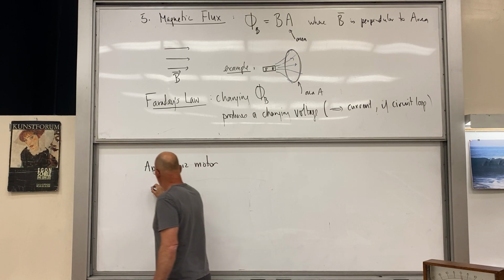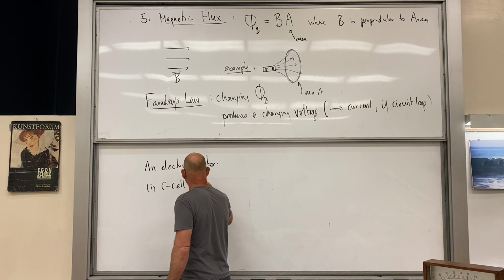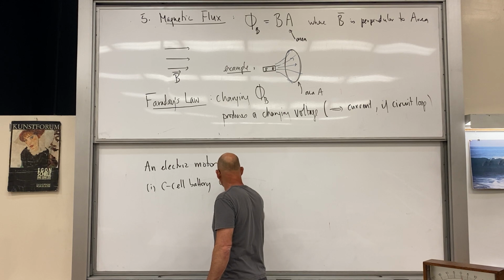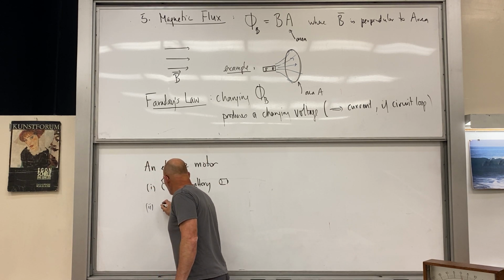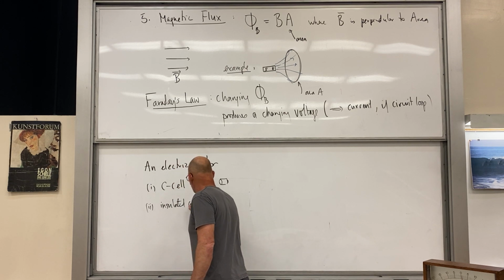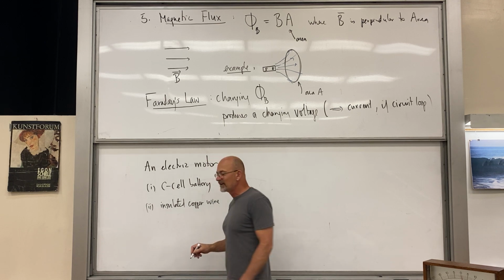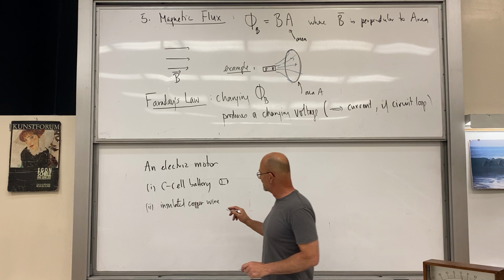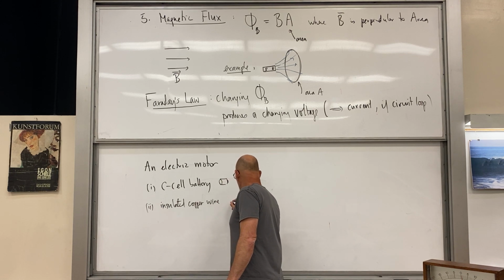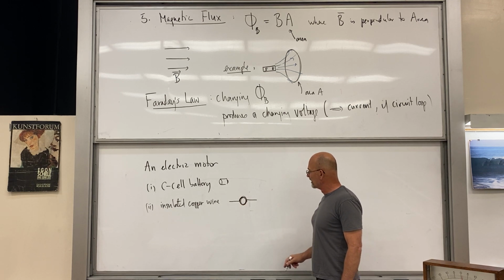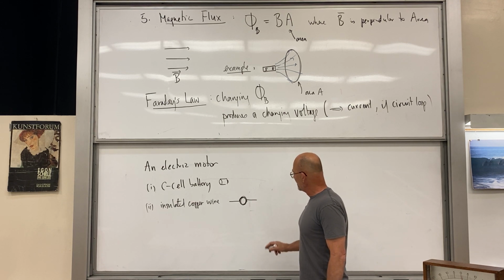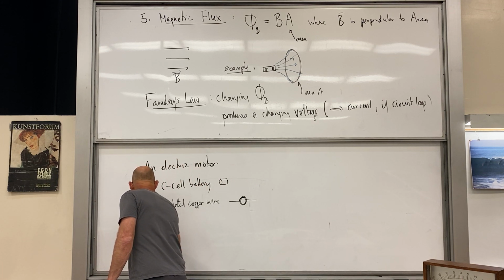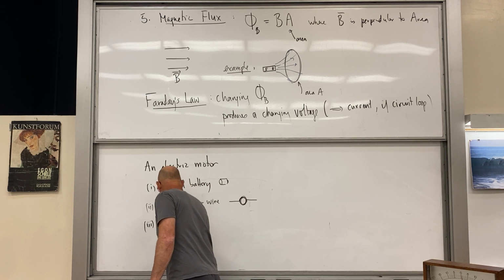And what it's going to have is a C-cell battery. I'll even draw it. You've got a battery like this. And insulated copper wire. The type I'm using is lacquered, so it's actually copper colored, but it's insulated. Insulated copper wire. And then with that insulated wire, what we do is we wrap it around the battery several times, and we end up with a loop that just fits right around the C-cell there. That's a good way to do it. So we have a loop of wire, and then the third thing we do is we put it on a metal stand,